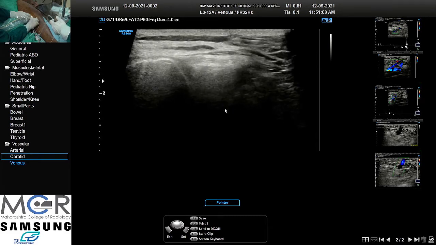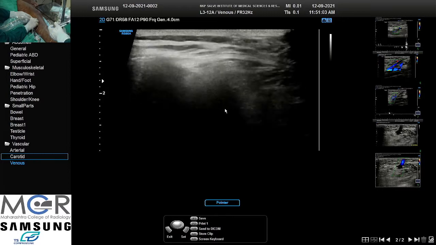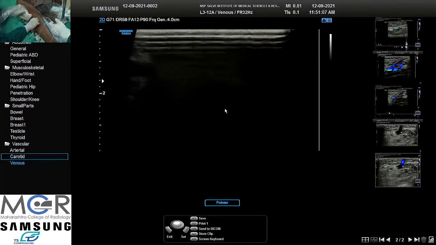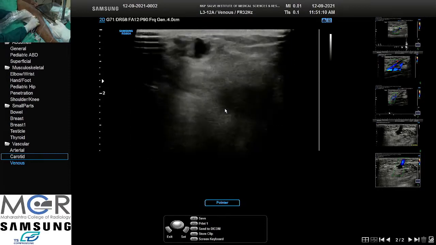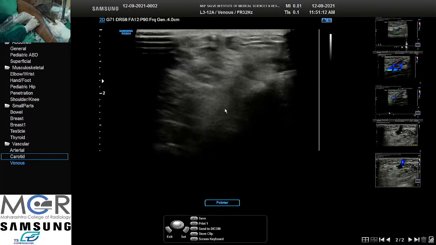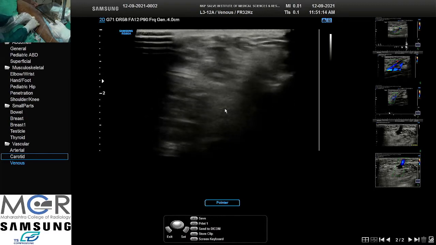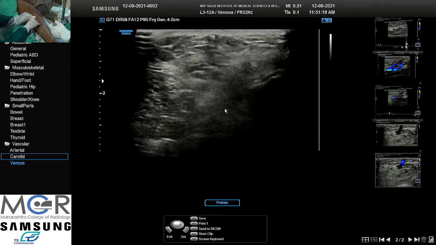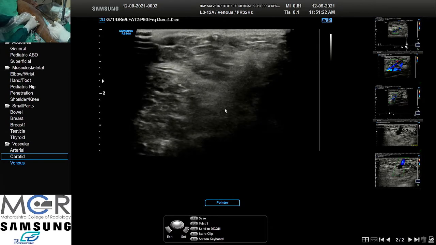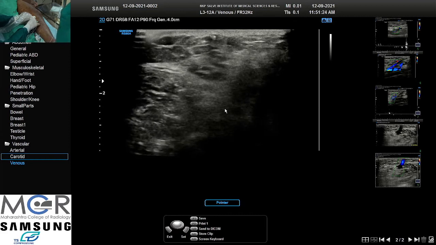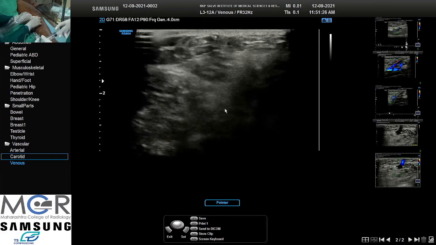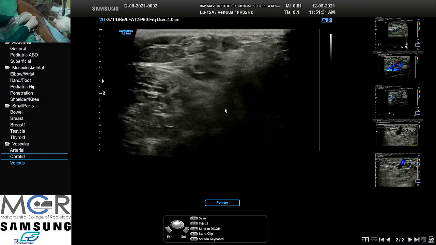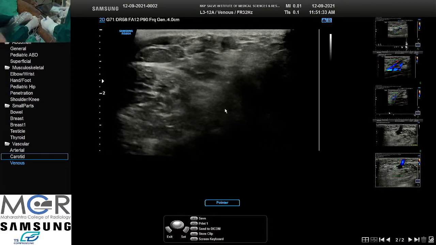There is a question: sometimes it's difficult to puncture the superficial veins, then how to puncture it, and how to avoid a counter puncture? We can apply a tourniquet for 5 minutes before, so that it dilates the vein. Then we can take a puncture. Otherwise, you can take a micro puncture set. The micro puncture needle is pretty fine, so through that we can do the puncture. So either you can use a tourniquet to dilate the vein and then do the puncture, or you can use a micro puncture set.